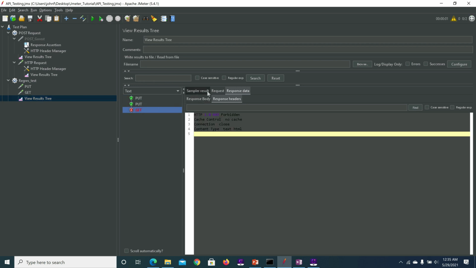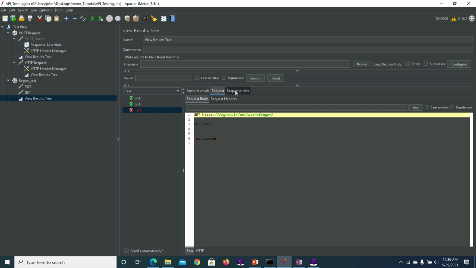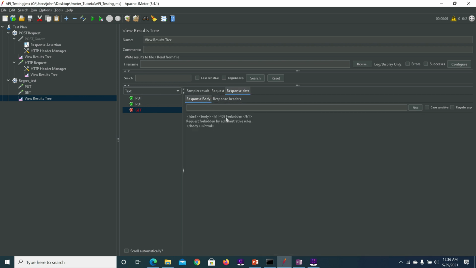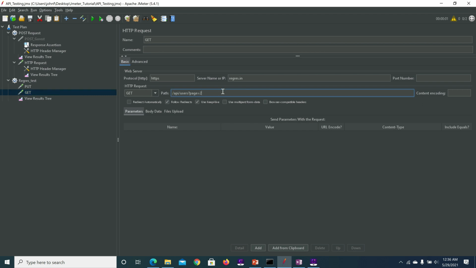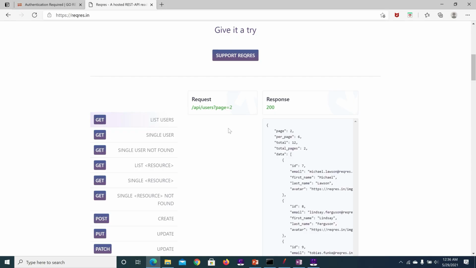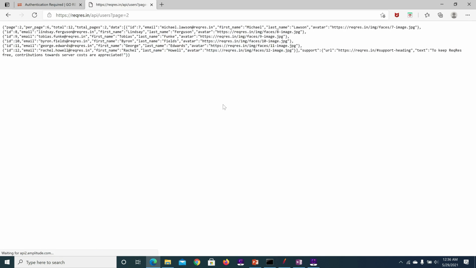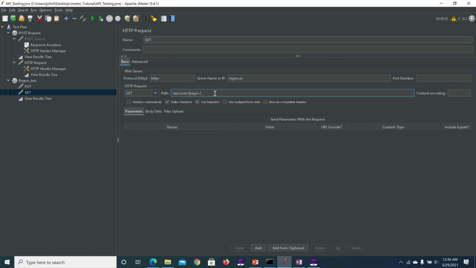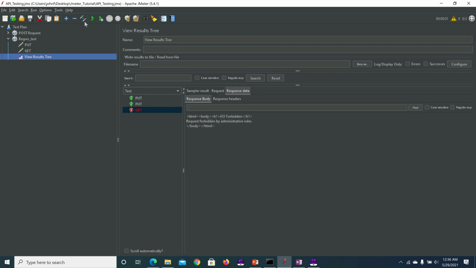Now get has failed. Let's see what the error is. Response data, 403 forbidden error. Okay, so we are not able to have access to it. Let me check the path. So I'm copying this to here. Saving the test plan. Let me run the test now.